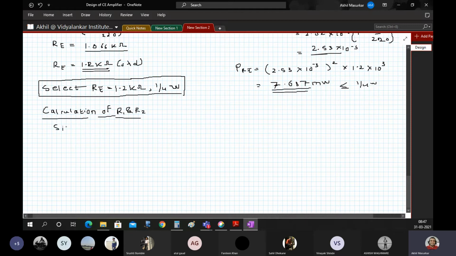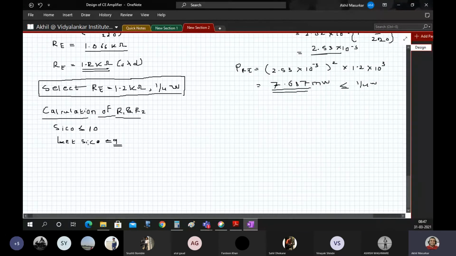So what is given to us is SICO should be less than or equal to 10. Ideally SICO should be 0, but 0 is not achievable. So if you want to achieve 0, then R1 and R2 have to be 0, which is not possible. So we say let SICO equal to 9. So we will go with 9. So if this is given as 12, then you design for 11. If it is given 10, you design for 9, one less.